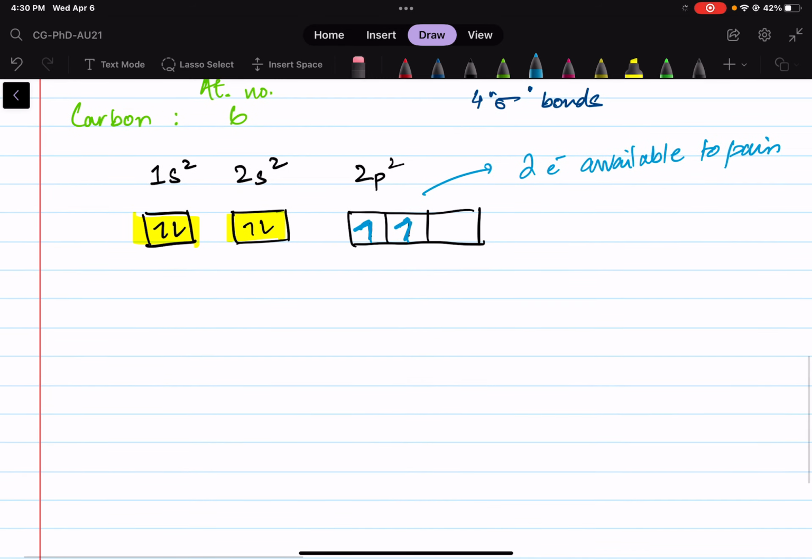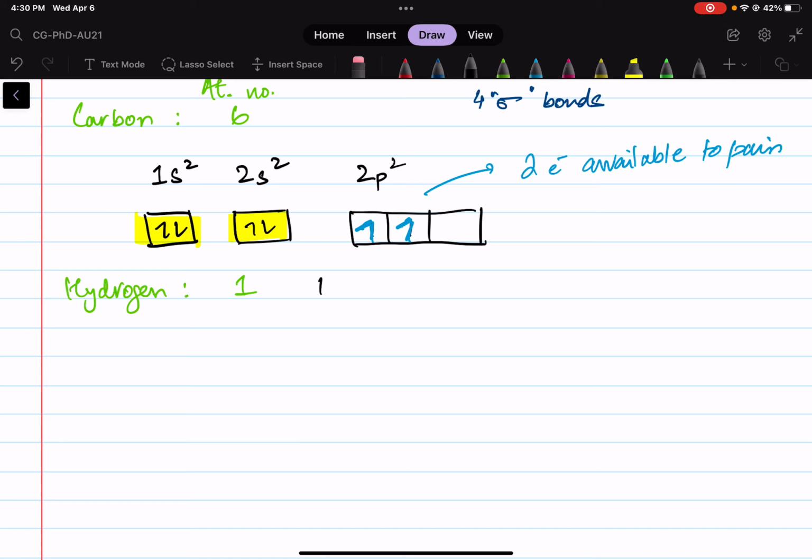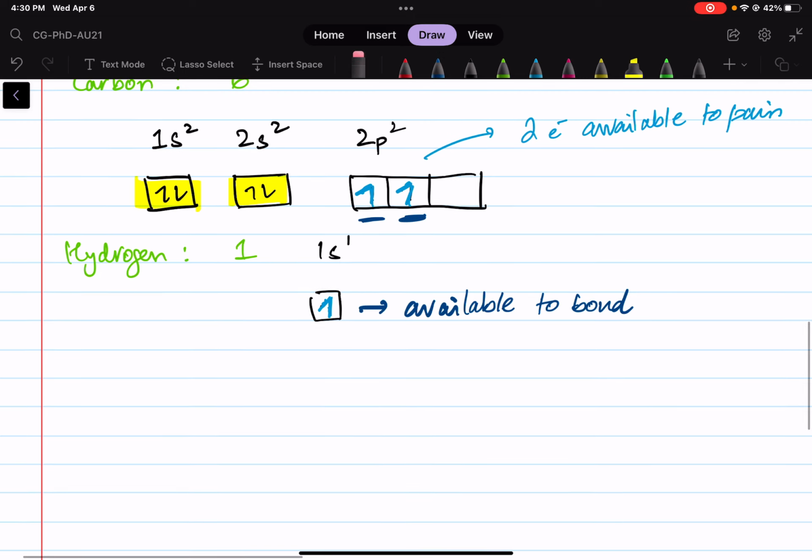So what happens, and we can even write hydrogen over here to showcase what is happening. Hydrogen atomic number is 1. The electron configuration just becomes 1s1. You have this one guy, so this has one unpaired electron. I will write here this is available to bond. But then carbon only has 2 electrons. So how can one carbon form 4 bonds? For that purpose, what carbon does is something called hybridization